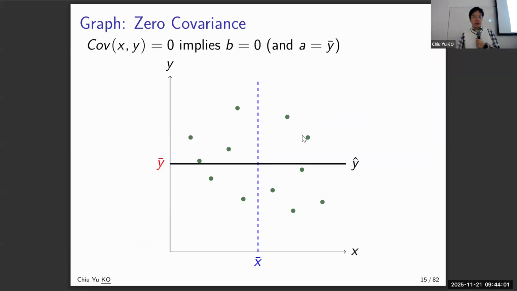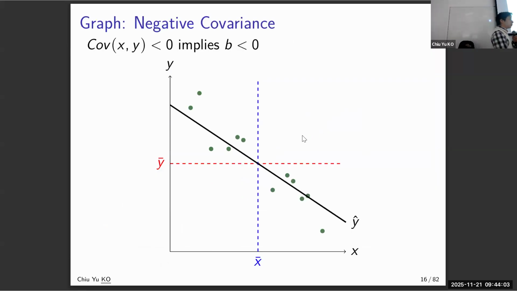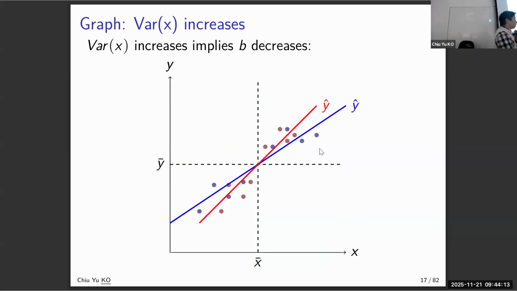Similarly, if you have a negative covariance, you should expect the line drawn to best fit the points to have a negative slope, right? So that would be the main idea. And we have some more in